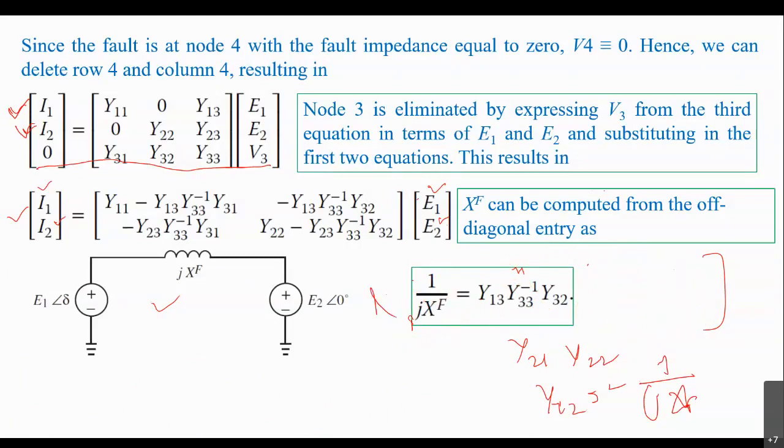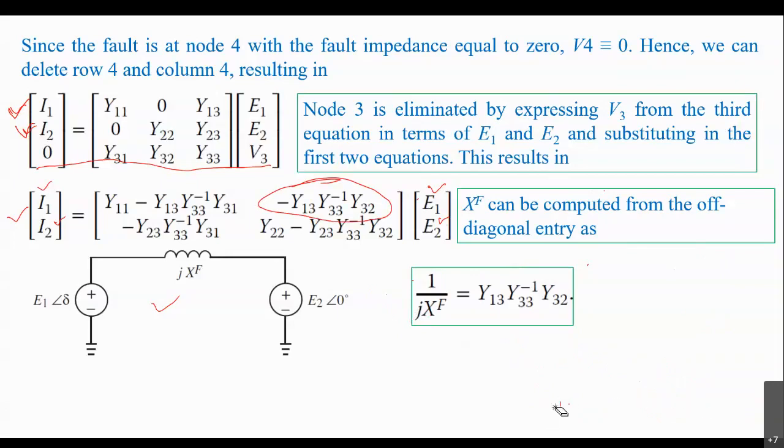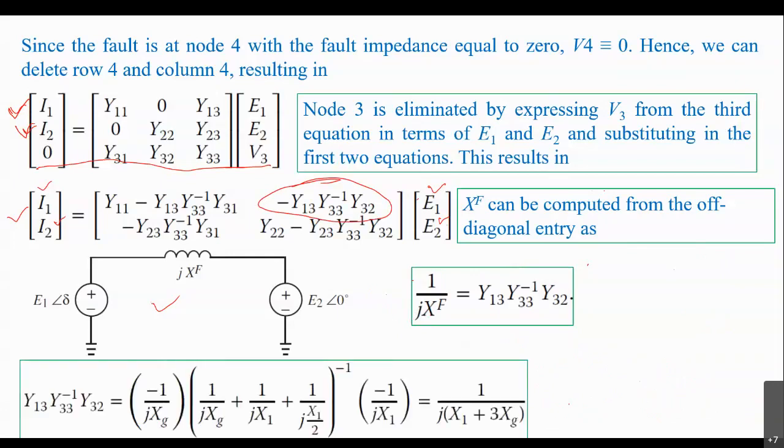We can write it here as, sorry, minus of JXF equal to minus of Y13 Y33 inverse Y32. So minus minus will cancel, then 1 by J of XF will become equal to Y13 Y33 inverse Y32. Now from this, if we substitute each of the elements Y13, Y33 inverse and Y32, then we'll get these elements,